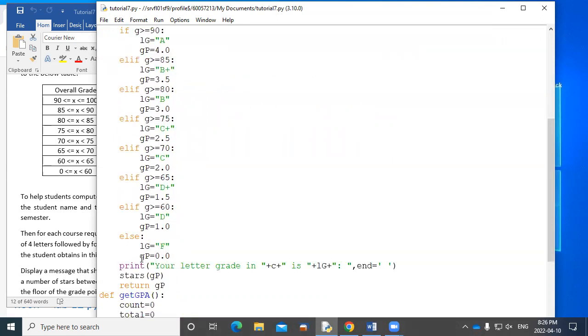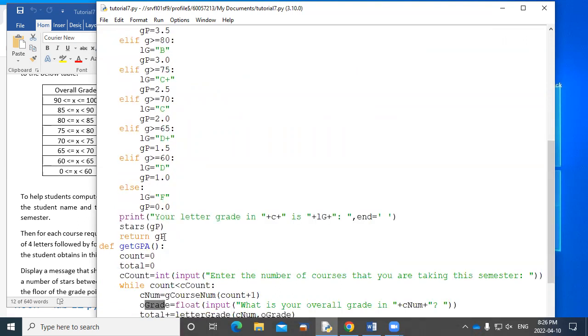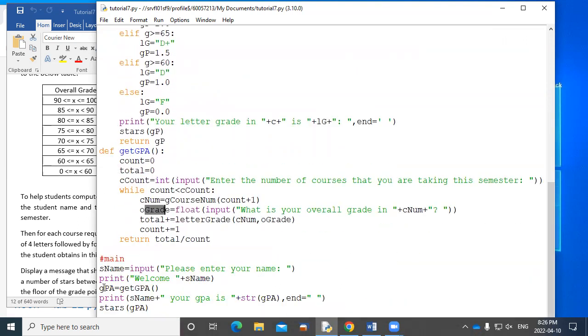And then the GP is going to be passed out and added to the total. And then we get an average by dividing the total by the count. And then that is passed out to this value, which is printed as the average.